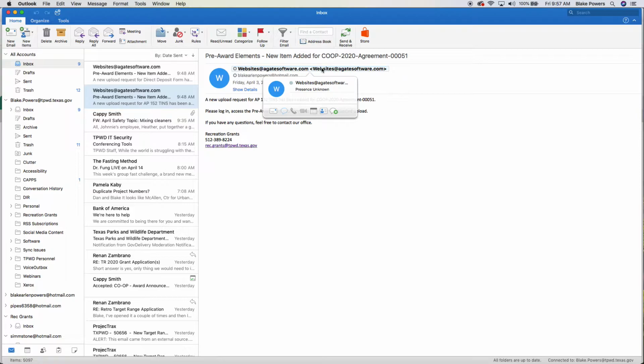That is a non-reply email. If you do need to contact us or reply to these emails, you'll want to use the rec.grants@tpwd.texas.gov email that's listed in the signature. But the one that you receive from the system will let you know that you have an upload request for some kind of item. For example, AP 15210s and direct deposit forms will be available for you to complete in the pre-award element stage. Once you receive this email, that means that you can log into the system and begin